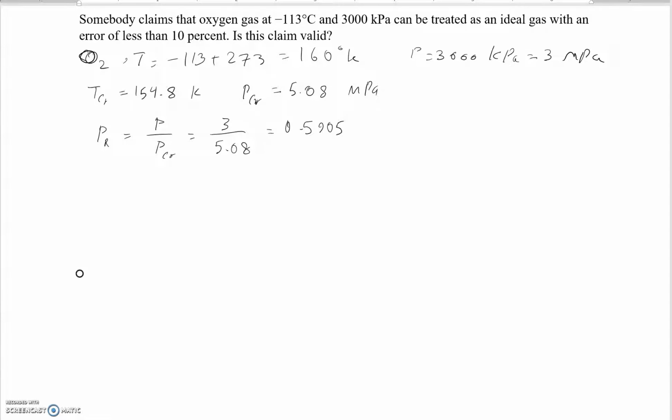0.5905. The reduced temperature is T divided by T critical, which is your temperature, 160 Kelvin, divided by your critical temperature, 154.8. You divide these two and you get 1.033. Awesome. Alright, so since you have these two values, you have to go to table